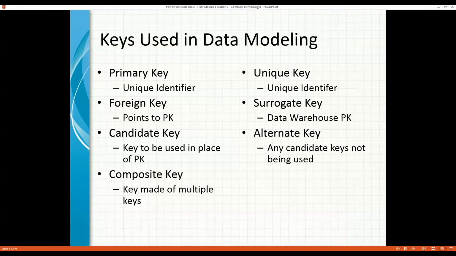A unique key for SQL Server 2005 and below has about 249 per table. A unique key used in 2008 and above has 999 that can be used on the table. Now, just because there is 999 allowed on the table doesn't mean you should have 999 unique keys, but it